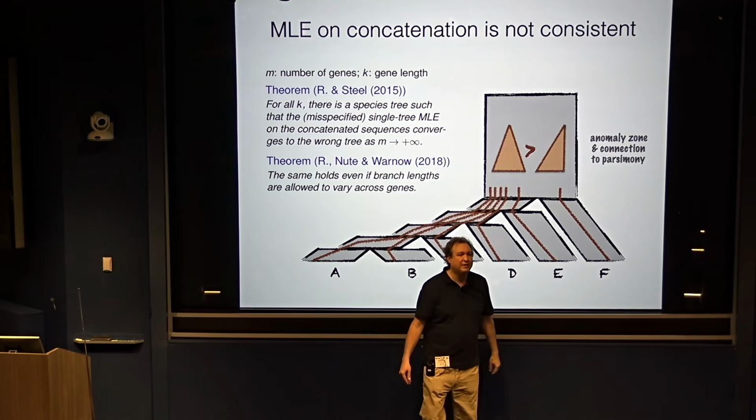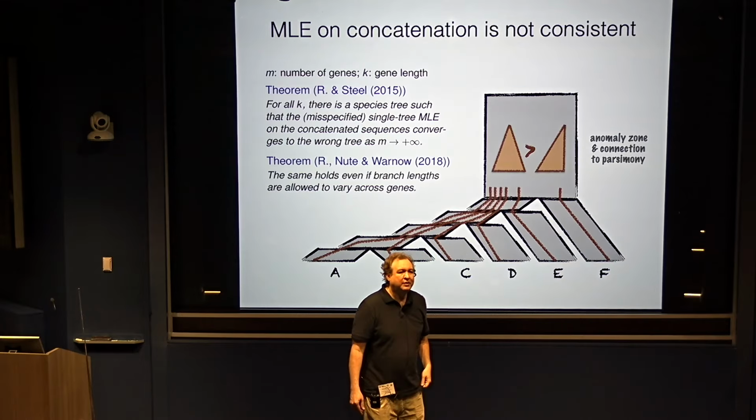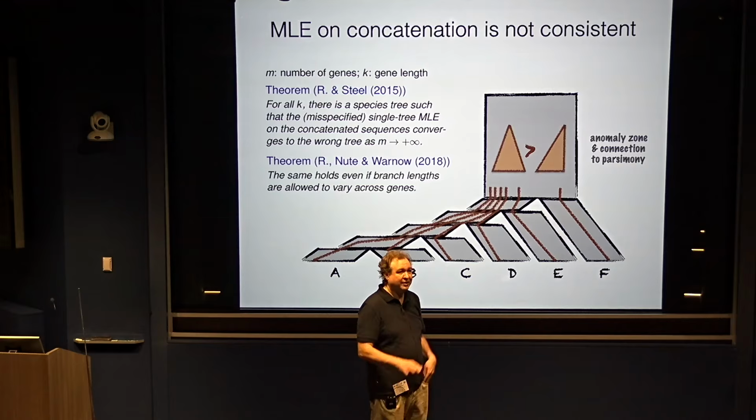Yes? But you explained to us that you're actually not working with genes, but with just traces of DNA. Yes. So on some level, you already are doing this concatenation because there is no guarantee that a particular stretch of DNA will have the same mutation rate for all the bases. So maybe it's a question of what is the right scale over which you have to concatenate. That's a very good question, yes. And that's a question of